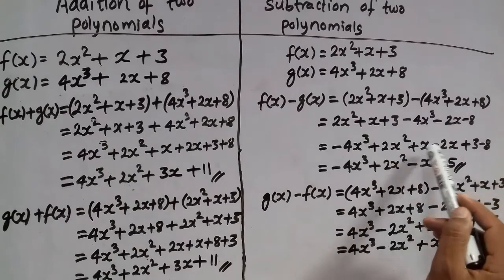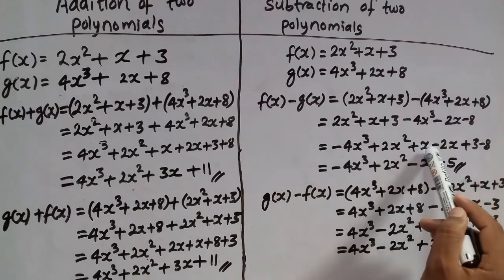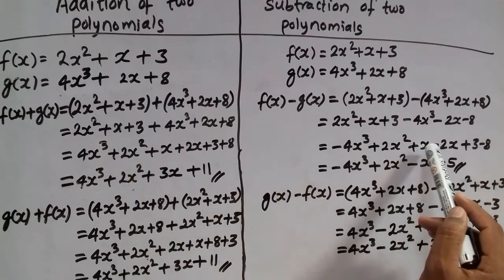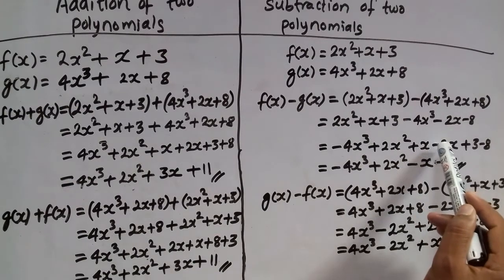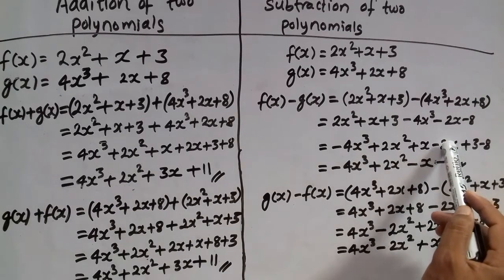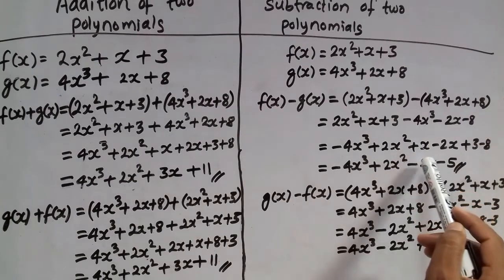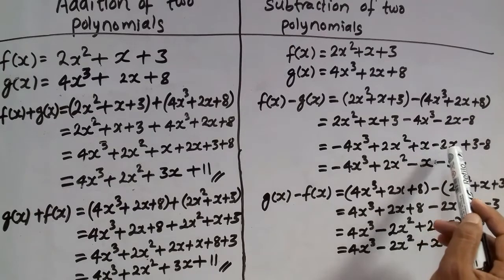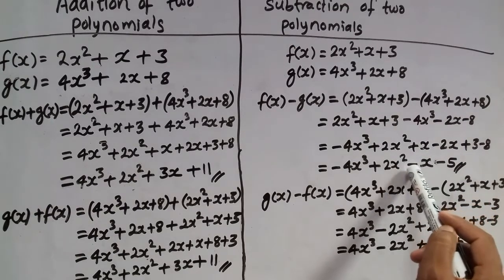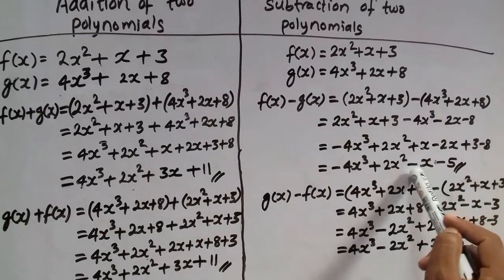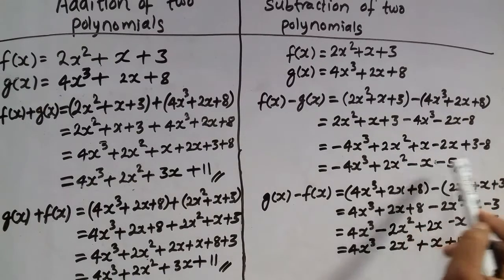So we cannot add or subtract these two terms, and these two are like terms. Now here we have to add or subtract. Here is plus x, here is minus x. So when there is plus and minus, we have to subtract. Always when there is plus and minus, we have to subtract. Here the coefficient is 2, and here the coefficient is 1. 2 minus 1 is 1, and 1 we do not show as a coefficient, and we write the sign of the number which is greater. Here 2 is greater, and it has a minus sign, so we have written a minus sign here.